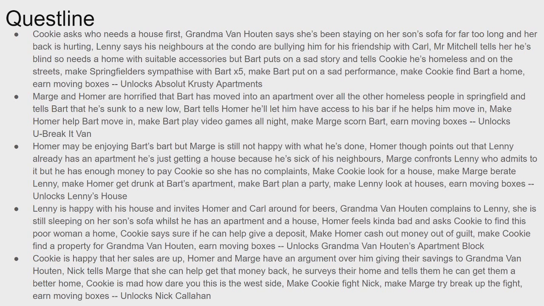Homer may be enjoying Bart's home, but Marge is still not happy with what he's done. Homer, though, points out that Lenny already has an apartment and he's just getting a house because he's sick of his neighbours. Marge confronts Lenny, who admits to it, but he has enough money to pay Cookie, so she has no complaints. Make Cookie look for a new house, make Marge berate Lenny, make Homer get drunk at Bart's apartment, make Bart plan a party, make Lenny look for houses, and you earn so many moving boxes, and you unlock